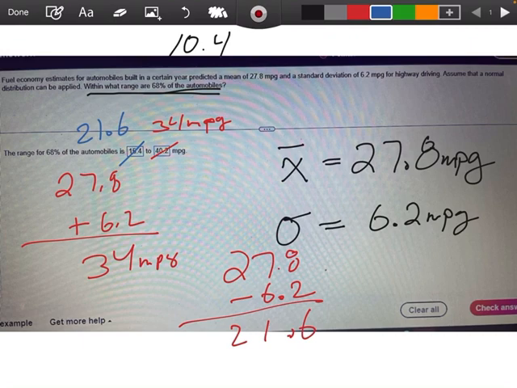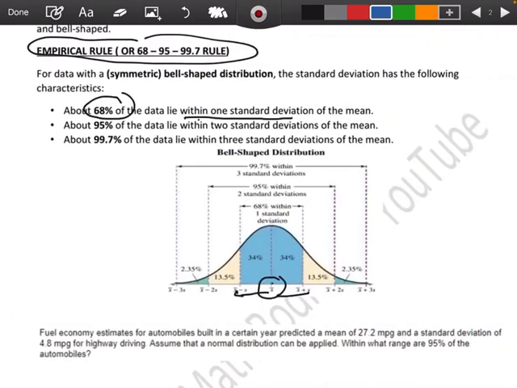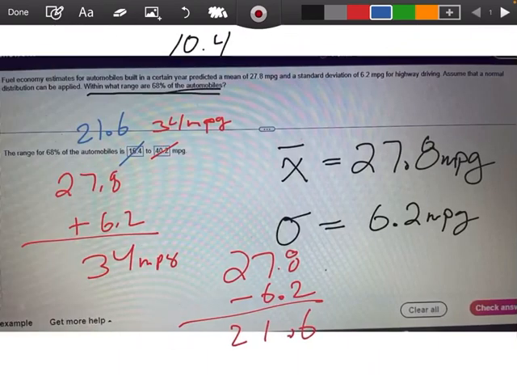21.6. So really all I'm doing here, y'all, let me come back to my picture. You can kind of get a visual. I'm taking 27.8 and adding 6.2, and then right here I'm taking 27.8 and subtracting 6.2. That gives me those endpoints, and that's what we're looking for. So my two answers, y'all, are 21.6 and 34. I hope that makes sense. If y'all have any questions, please